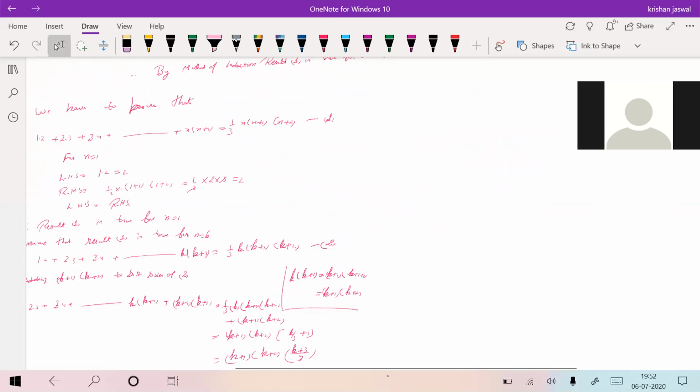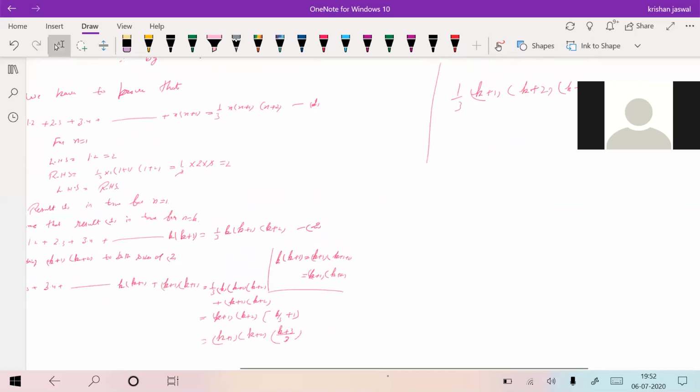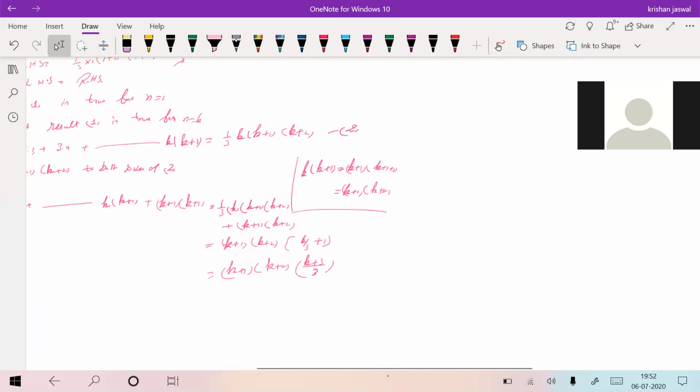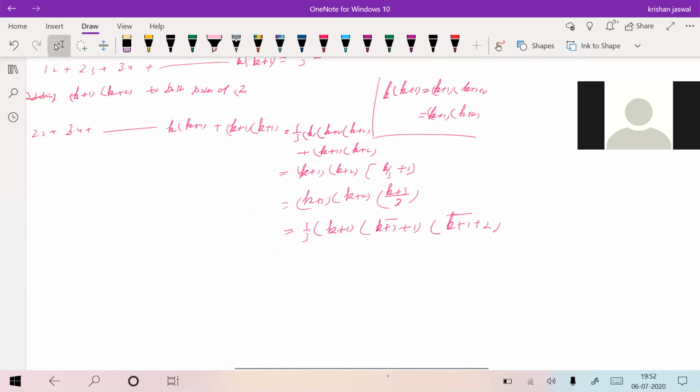What do we have to prove in this example? 1 by 3 into k plus 1 into k plus 1 plus 1 into k plus 1 plus 2, which is k plus 1, k plus 2, k plus 3 over 3. Okay, therefore the result is true for